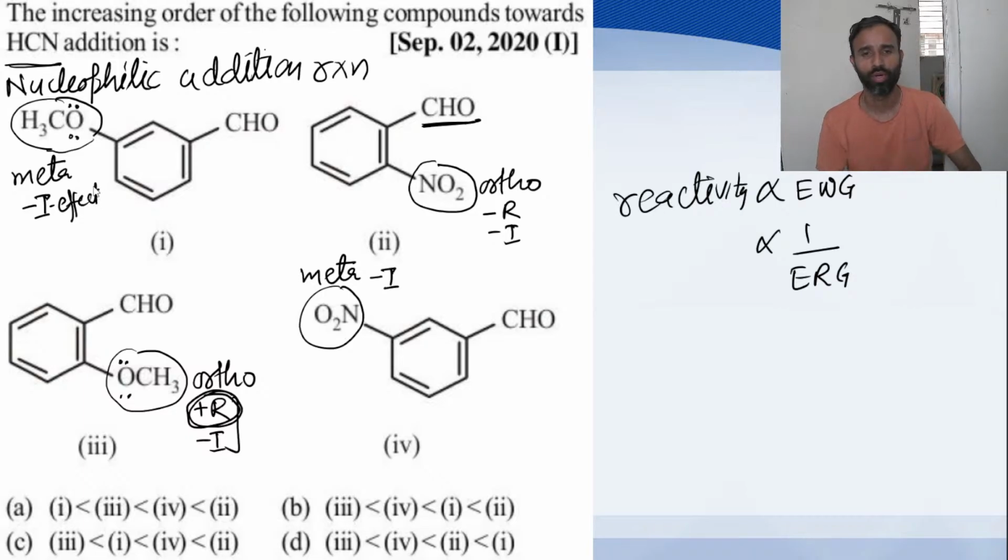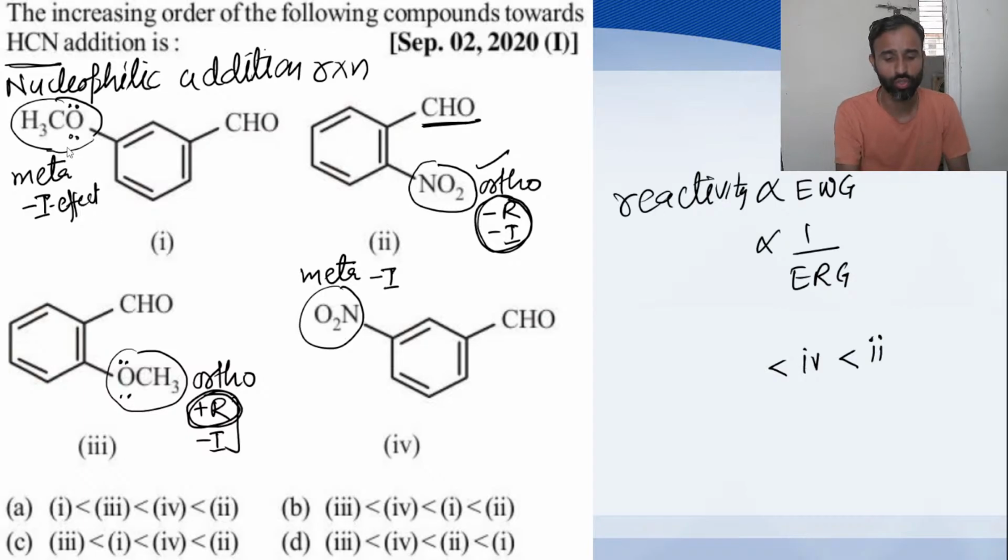So now, NO2 is most electron withdrawing at ortho position. That's why the second is most reactive. Second is most reactive. This is increasing order. Then come to fourth,